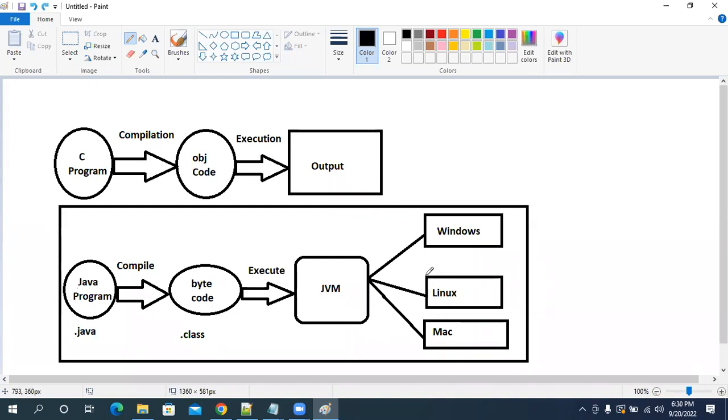Which machine understandable format will it convert into? Any machine. If it is Windows, it will convert into Windows understandable format. If it is Linux, it will convert into Linux understandable format. If it is a Mac, it will convert into Mac understandable format. Because of this JVM only, Java became more popular.